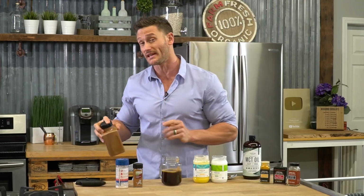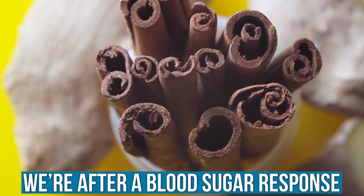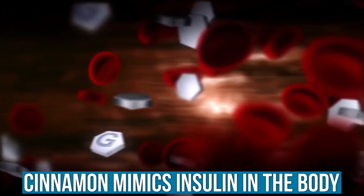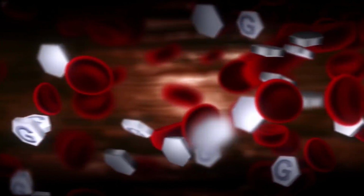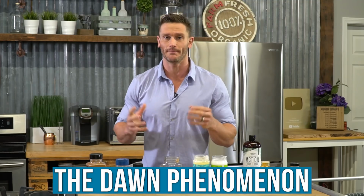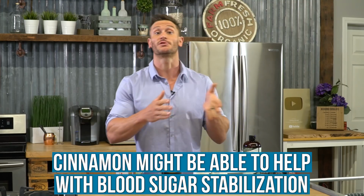What is the goal with the cinnamon? The goal of the cinnamon is we are after more of a blood sugar response. Cinnamon mimics insulin within the body. What that means is it helps the cell take up blood sugar. In the morning, you typically have higher levels of blood sugar even if you're on keto because of something called the dawn phenomenon. Basically, your liver dumps excess carbohydrates into the bloodstream and your blood sugar elevates and your body tries to stabilize. Cinnamon might be a tremendous way to help that,